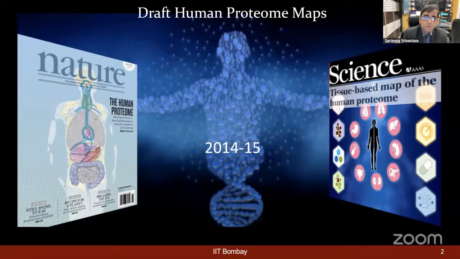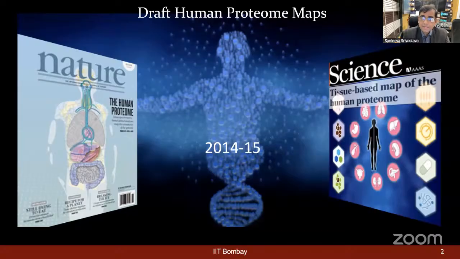The idea was we know the genome sequences, and earlier we were only trying to predict the protein sequence from the known genome sequence. But later on, due to advancement in the mass spec, the idea was, can we look at each organ of human separately? Can we look at the cell lines? And we try to put together all the data to make the draft human proteome map. So that was the first beginning of looking at the whole proteome, or the holistic view of proteomics for the